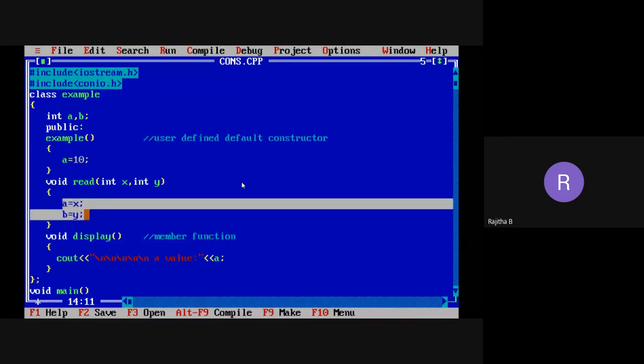So we are assigning x value to the data member a, and we are assigning y value to the data member b. So what is the difference between a, b and x, y here? What is a? A comma B is the integers, ma'am. Okay. X comma Y variables.